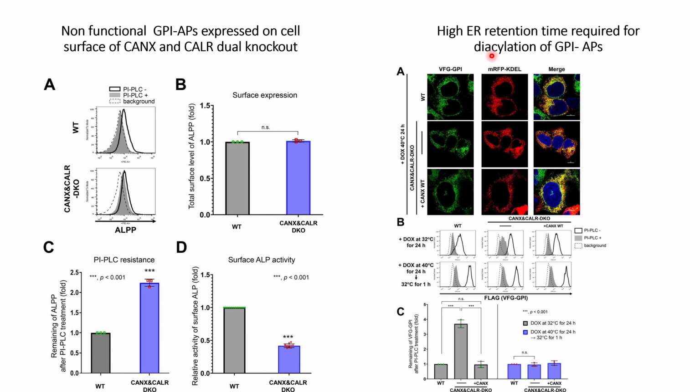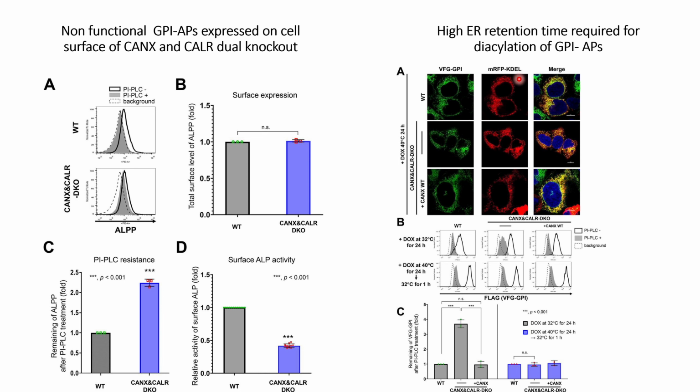Here the spelling of deacylation is wrong, so it is D-E-A-C-Y-L-A-T-I-O-N. It's a typo error. In this experiment they grew the cells at 32 degrees and also at 40 degrees. Panel A shows the fluorescence image at 40 degrees, where we can see the overlap of